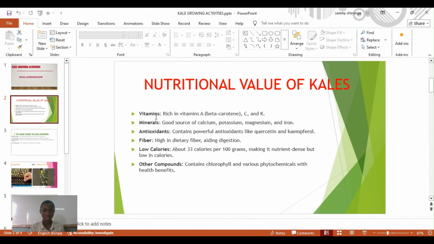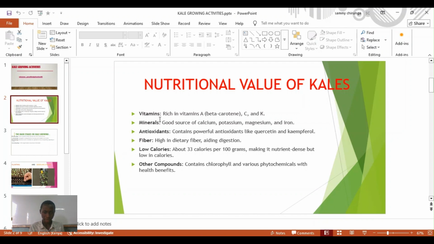So we are starting with vitamins. Which are the vitamins found in the kales? The first vitamin, we have vitamin A. After vitamin A, we have vitamin C, and then we have vitamin K, as you are seeing. Secondly, we have minerals as a nutritive value found in the kale. The minerals found there are calcium, potassium, magnesium, and lastly